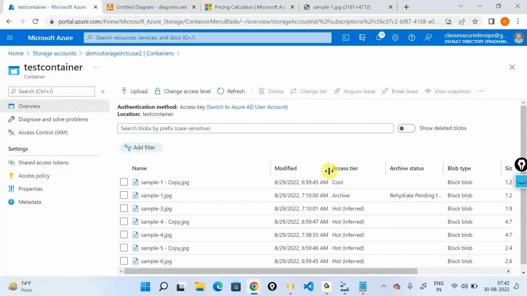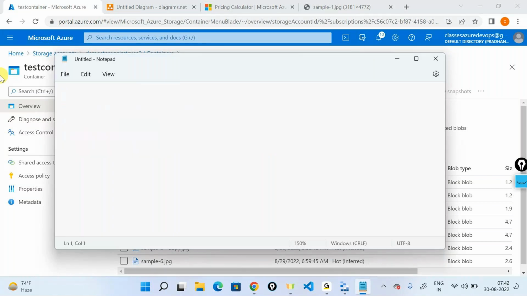Are there any automation? Yes, good point. Yes, I'm coming to that. Is there any automation to change cool to hot, hot to archive automatically? Let's say my organization norms are something like this. The organization is telling me